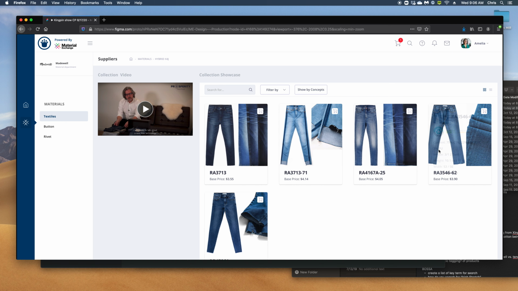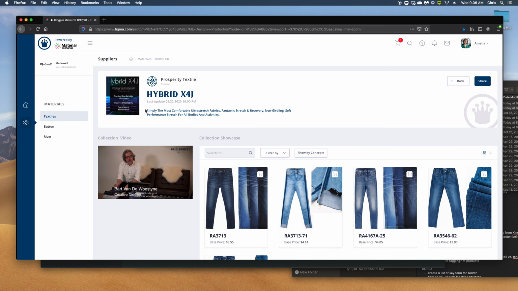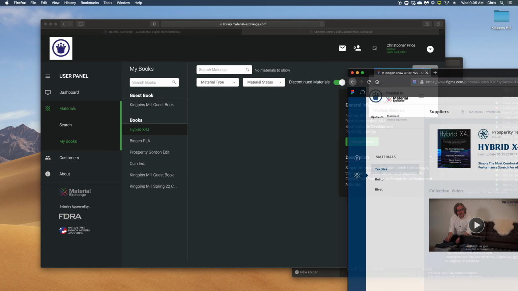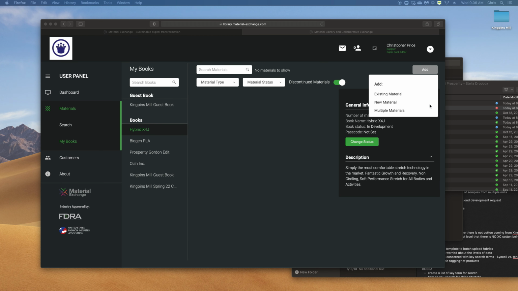And you can see there are multiple fabrics under the book. And then you'll be able to play a video explaining that concept, or whatever video you want to include. But for right now, we don't have the video feature, and so I'm going to show you how to add a